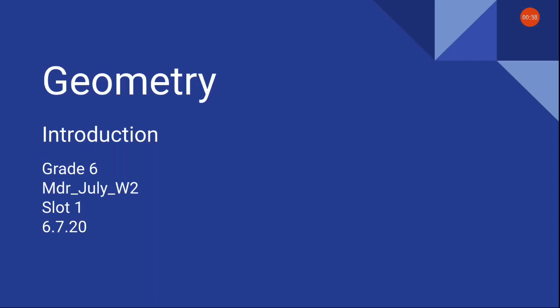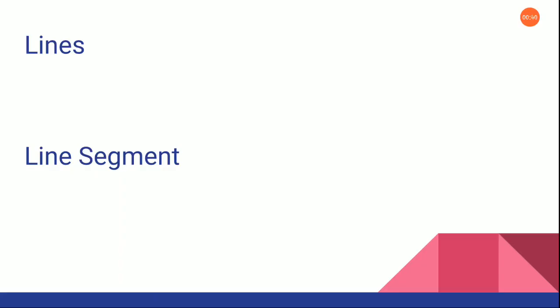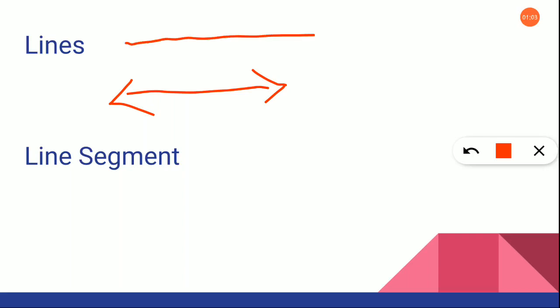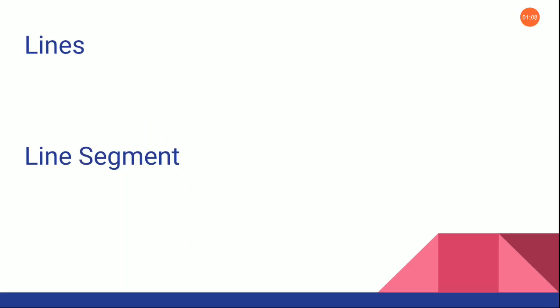Shall we begin? First, what is a line, children? You're having a pencil in your hand, and if you draw like this, it is a line. Am I right? Yes, very good. And one thing that you have to know is a line does not have a starting or ending point. It can be drawn up to any length. As long as you want, you can continue to draw like this and say this is a line.